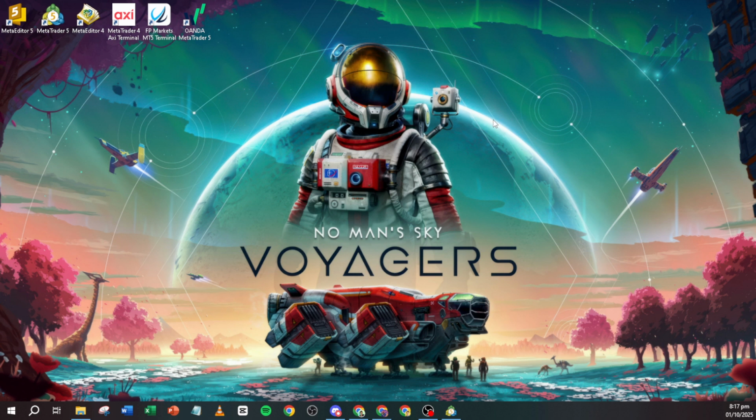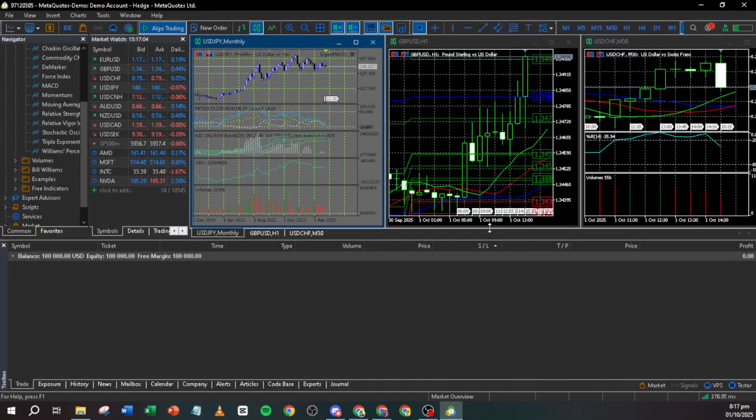First things first, you'll want to have MetaTrader 5 open on your computer. Now, look at your chart where you want to apply the moving average. Once you're ready, direct your attention to the main menu at the top of the screen. Here, you'll see various options that allow you to customize and analyze your trading environment. Go ahead and click on the Insert menu. This is your gateway to a multitude of analytical tools that MetaTrader 5 offers.